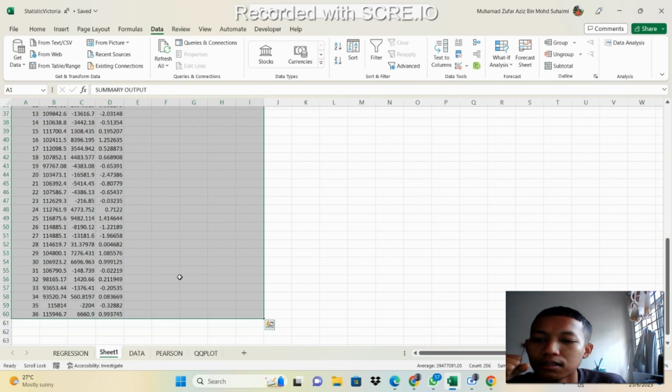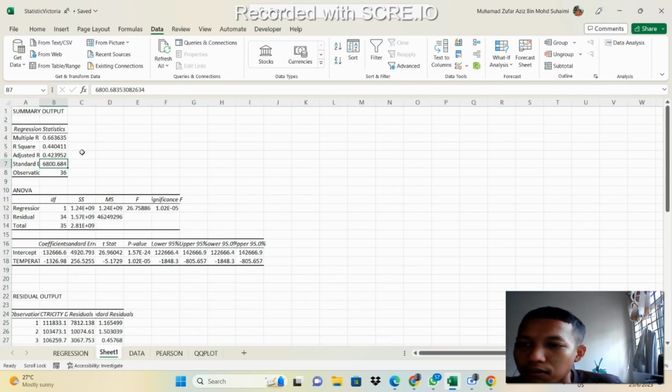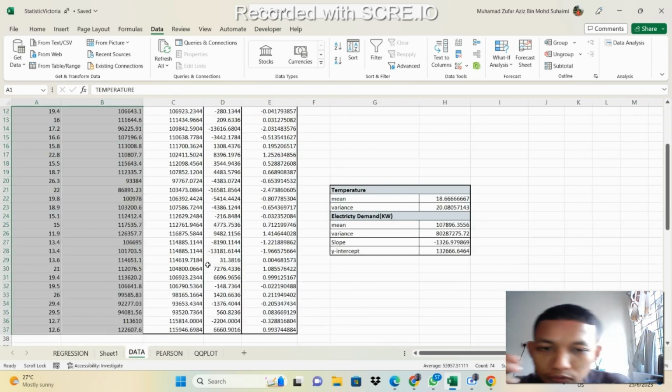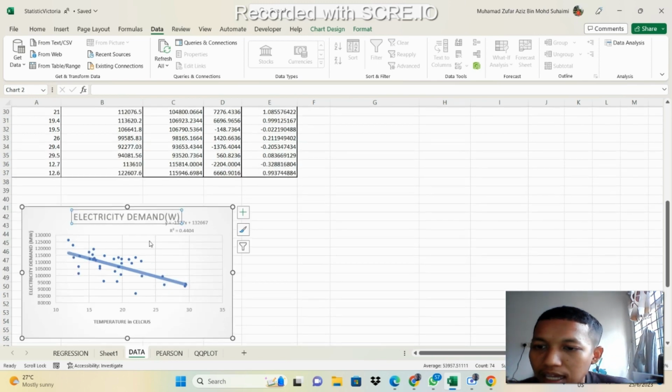The similar one. You can get all the values from the multiple regression statistics, which is the multiple R square and all the additives. So going back to the data first, you can see that our regression line occurs among the data itself